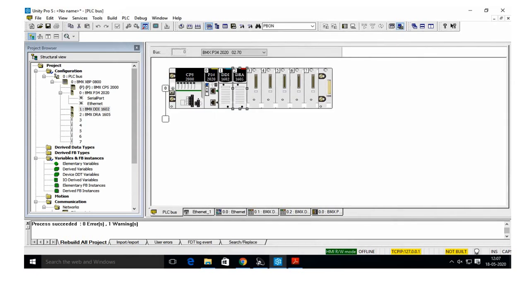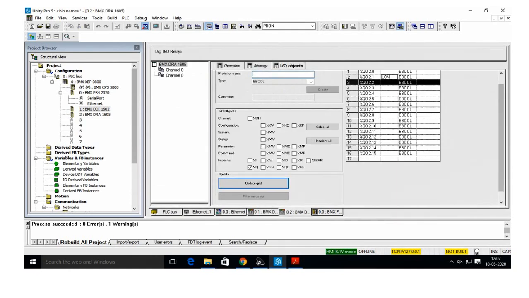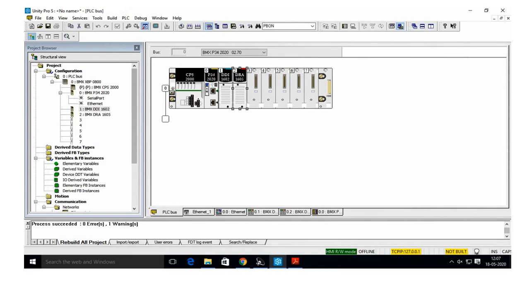Then the DRA1605, the output module, IO objects %Q. For %Q0.2.1, the L on lamp coil has been assigned. Basically, a lamp is switched on during 5 seconds after the push button switch has been pressed. To do this, you will have to use a T off functional block that you can find in the FFB Input Assistant in the Ladder Tools bar menu.